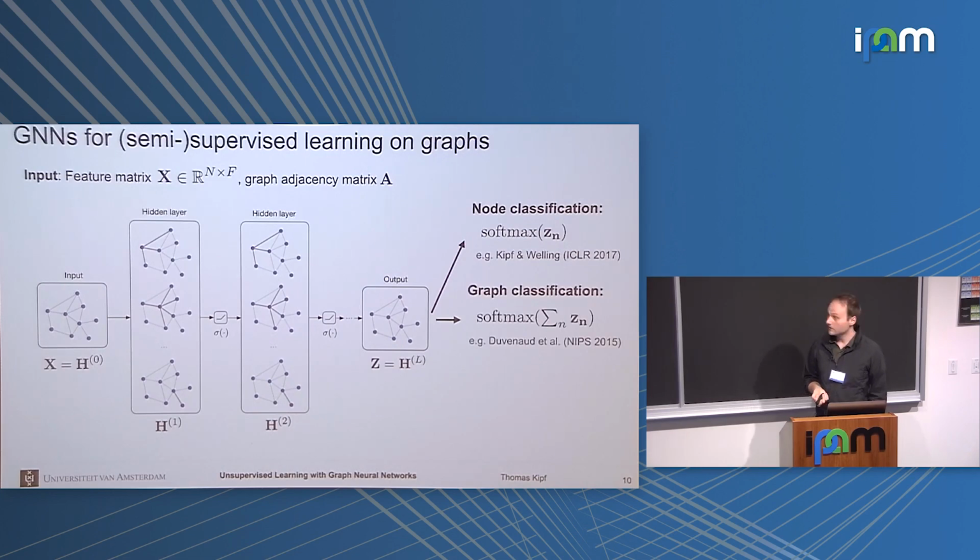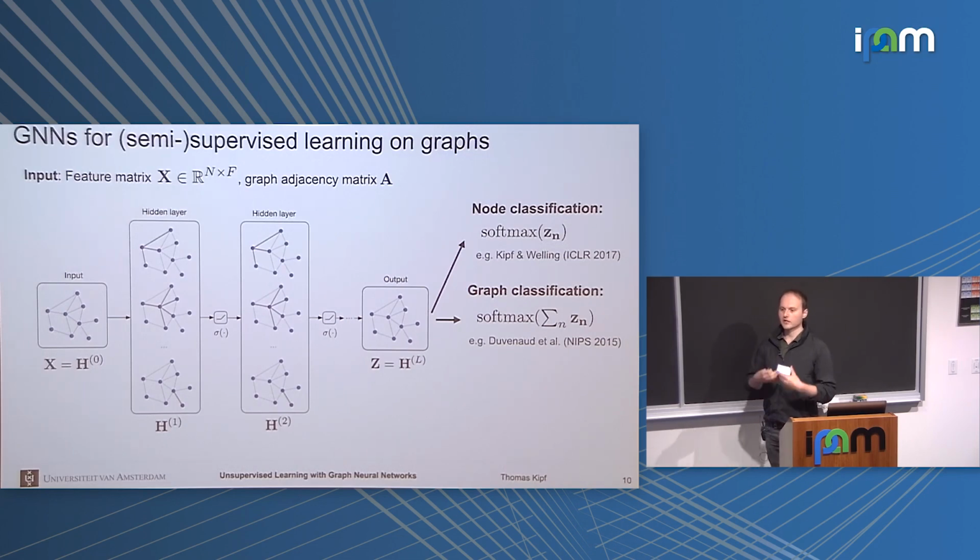And similarly, you can do the same kind of protocol, but use it for graph classification, but then you need to do some kind of aggregation operation. So the naivest one is to just take a sum pooling over the whole graph, but you can also do things like attentive pooling or average pooling, and then have a softmax classifier on the graph level.